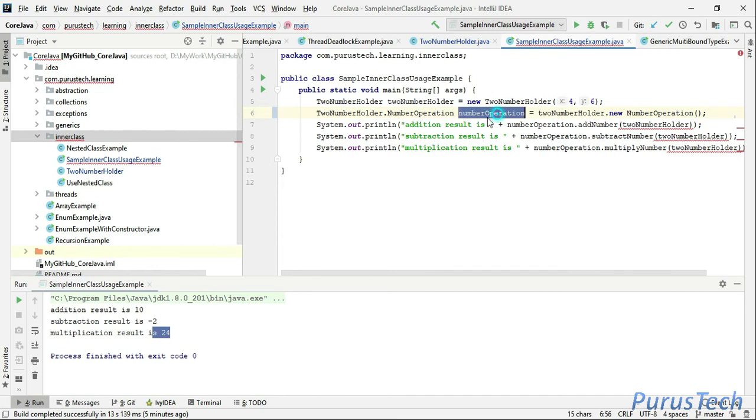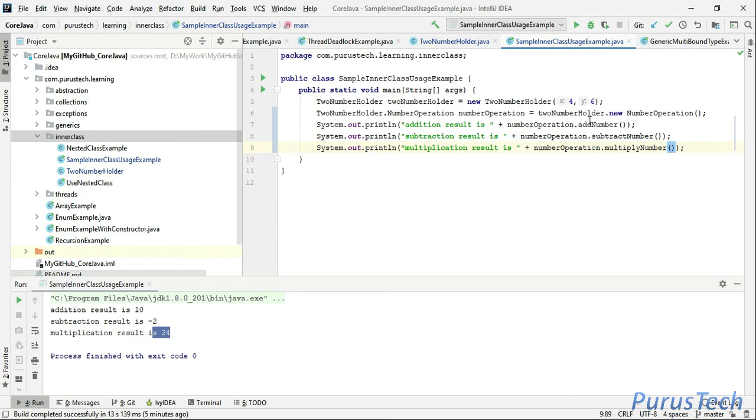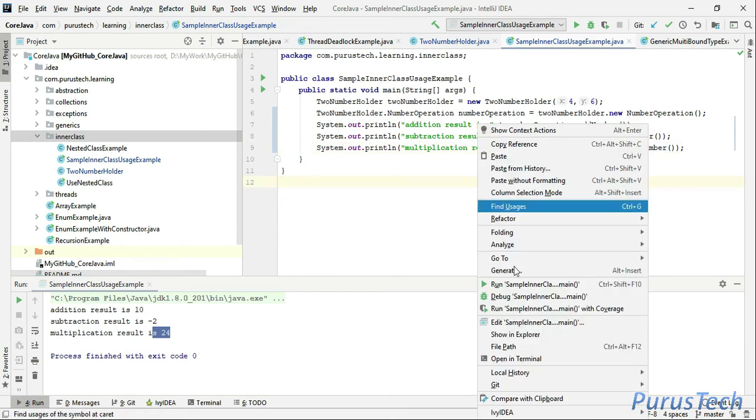So now here we have created an object of the inner class. Now we don't need to pass these objects here, since this outer class object is associated with the inner class object. So now we can run and see what the result is.